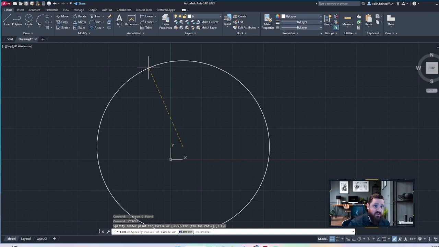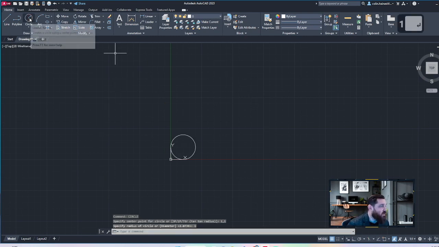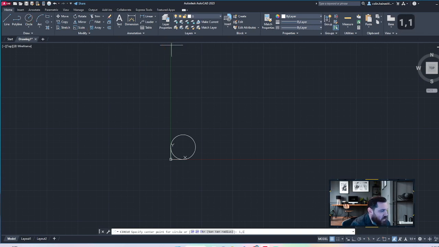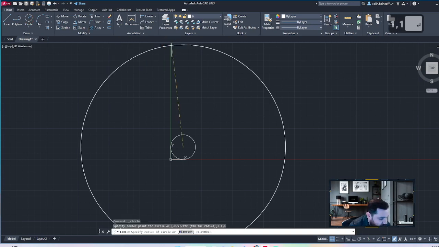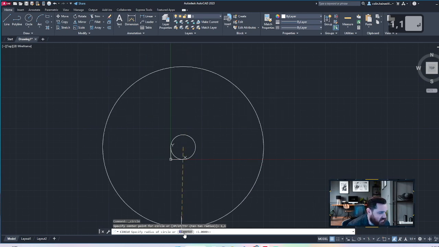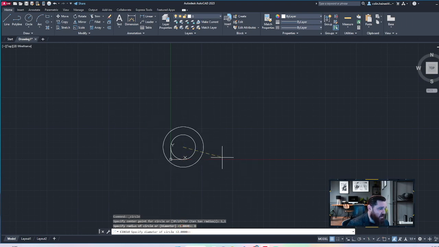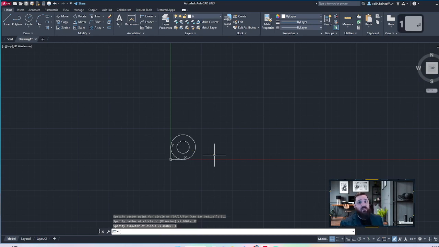If you want to specify the diameter, you can type in the D. So right now we will make a circle with a radius of 1. And then let's go ahead and do that again, and we'll go 1, 1, enter. And this time we're going to hit D. We can see down here, D for diameter. Or you could actually just click this. So I'll just click it. You could type D though. And now we're going to type 1 for the diameter. And we'll see that that gives us a diameter this time of 1, which would be a radius of 0.5